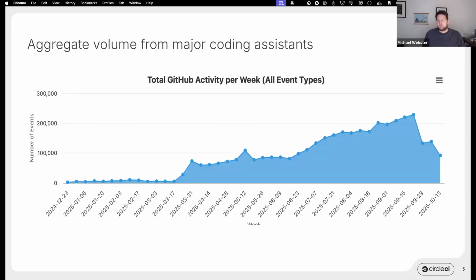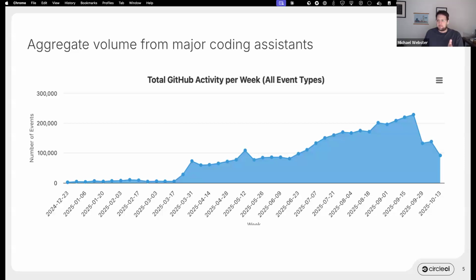These are the sorts of things where you say, at username, can you fill this in? Or you assign them a Jira ticket and they complete a task and open a pull request. So this is everything that these agents are doing in GitHub. It's a non-trivial amount of data, right? And you can see that the rise has happened very quickly.